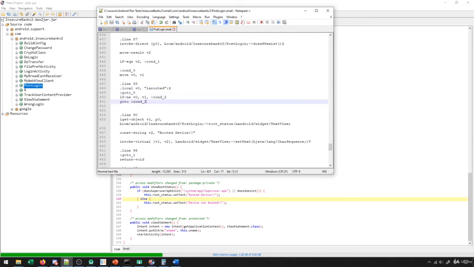Normally, if it is rooted, it would just fall through and go through to here and do all the rooted device stuff. However, now that I've added this goto, if it's not equal, it goes to condition 2 to say that it's not rooted. Otherwise, it also goes to condition 2 to say that it's not rooted. So I've made it so that no matter what happens, we always go to the not rooted portion of the